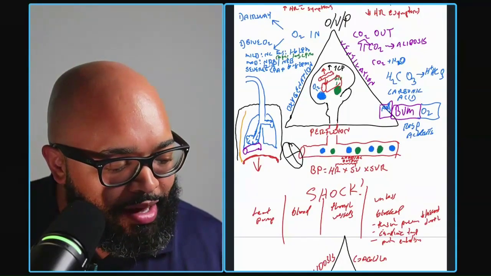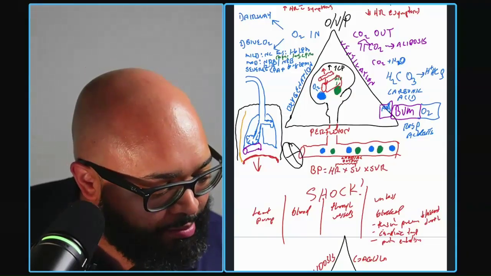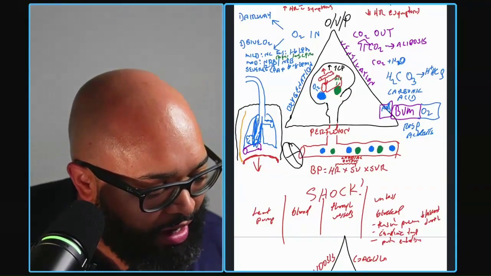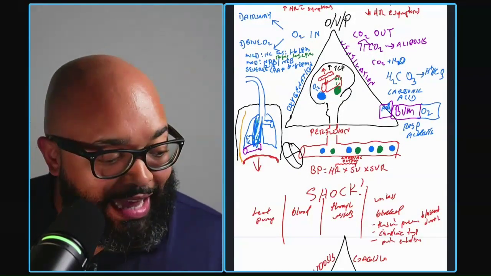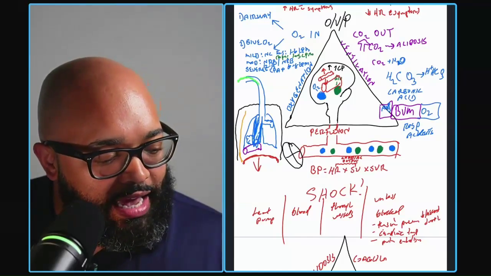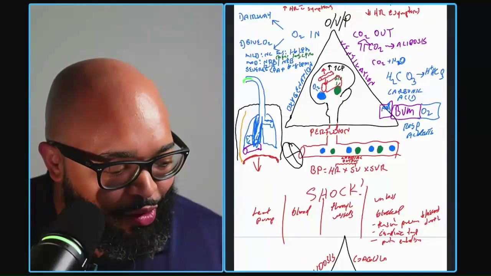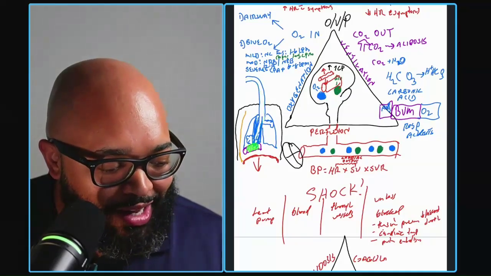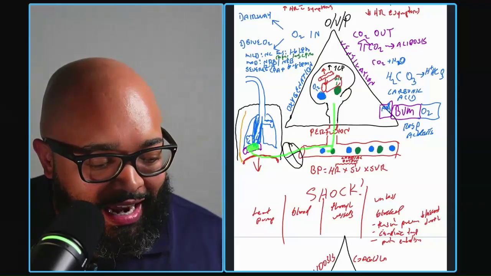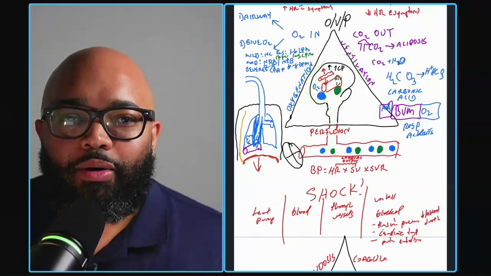If I have decreased or absent breath sounds, let's just collapse one of these lungs. All right, here, let's collapse it. This is all you get. All right, so now it's collapsed. If I collapse one of my lungs, is it going to get all the oxygen that it could get normally? No. And if it doesn't get all the oxygen that it normally should get, that means all that oxygen doesn't make it across the capillaries, it doesn't make it into here, and it doesn't make it to here. So in a tension pneumothorax, what sign am I going to have?